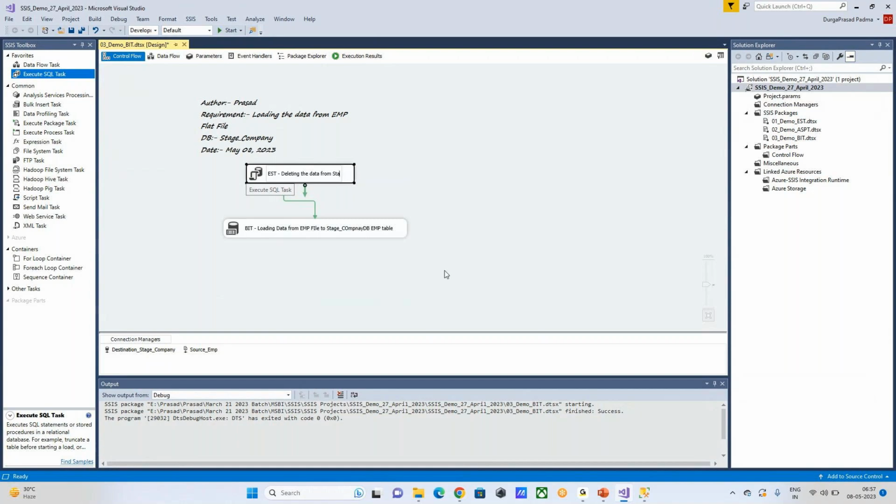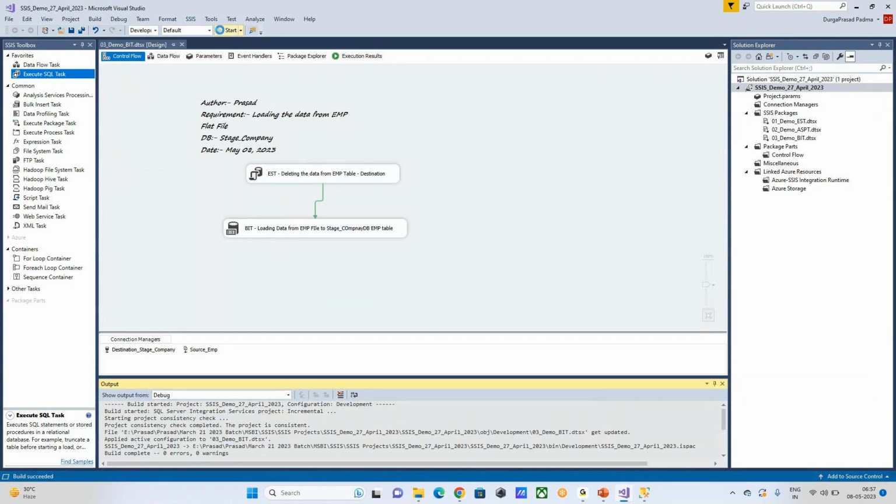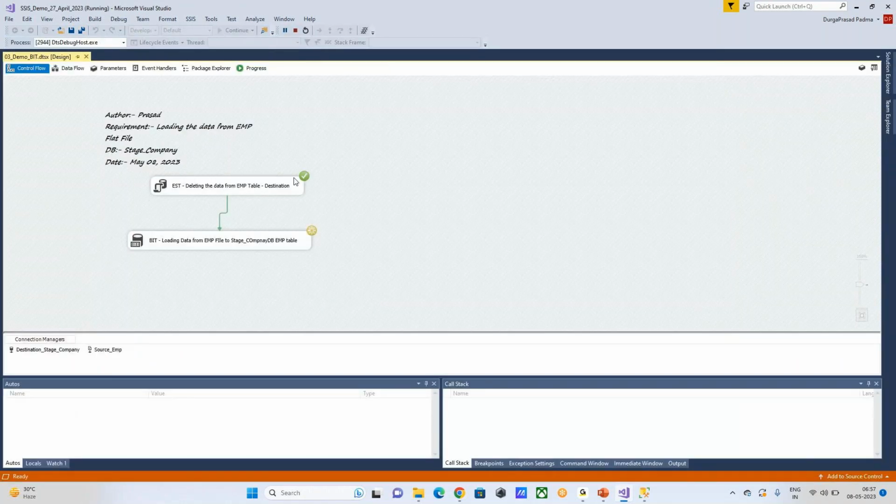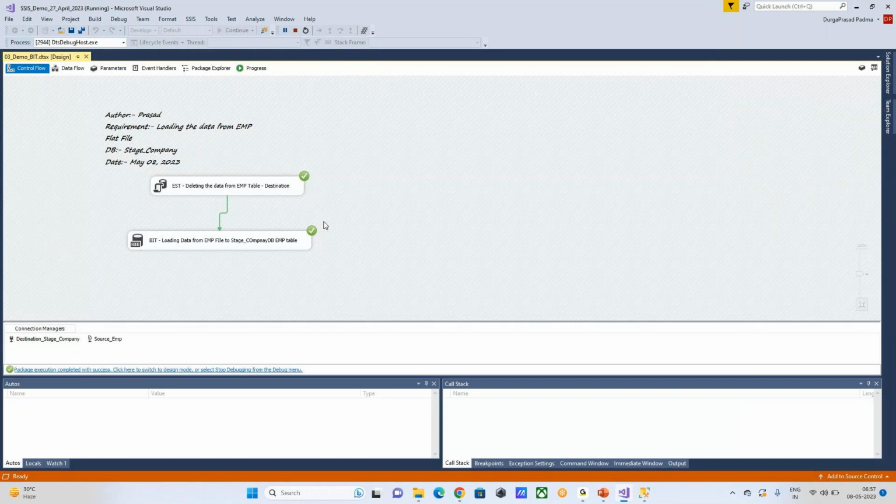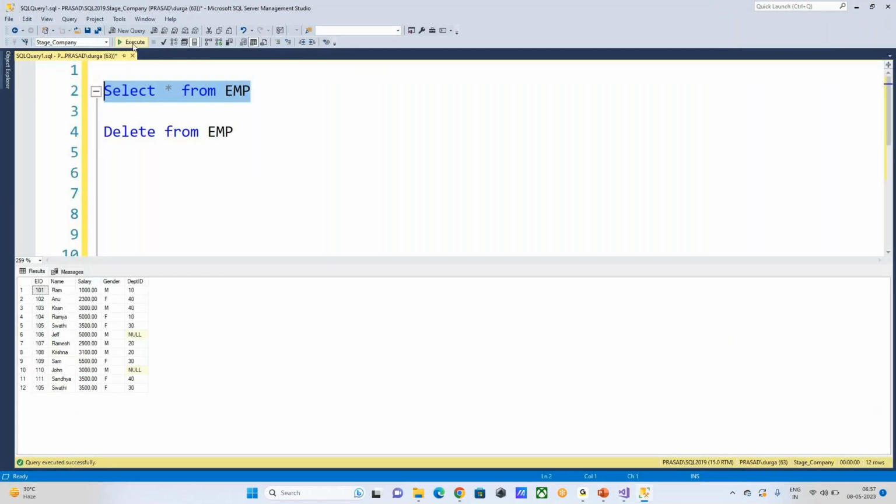Okay, from directly you can say from employee table. In destination you can say destination, some kind of information clearly. Now save and start running the package. Now deleted the data and loading the data again. Now go and read the data, you can see the data